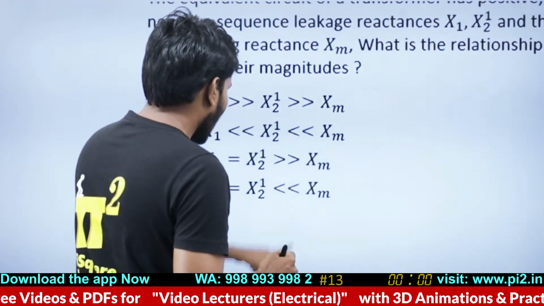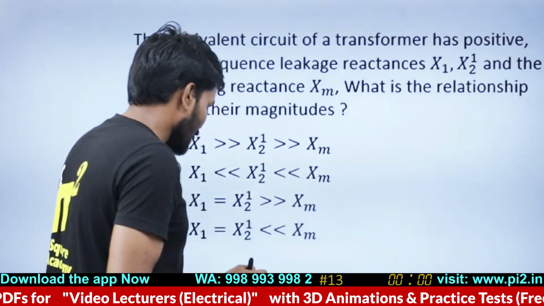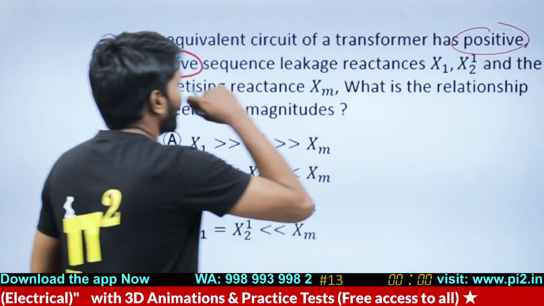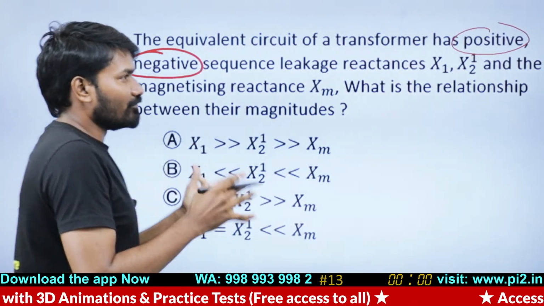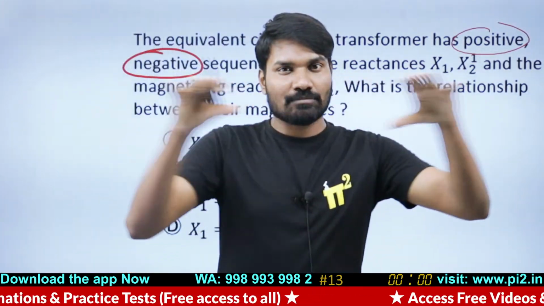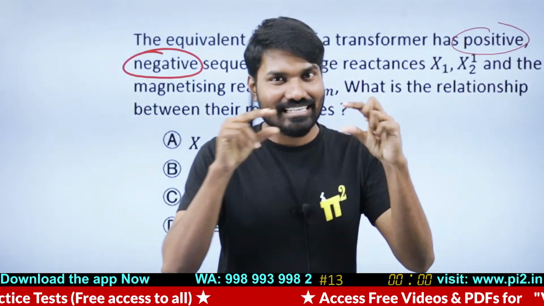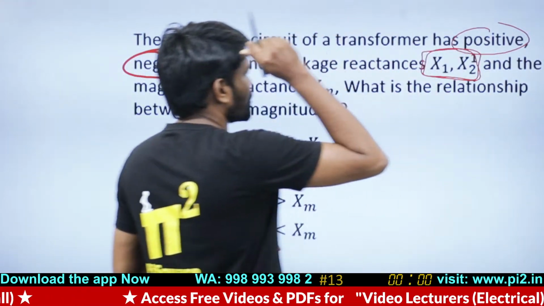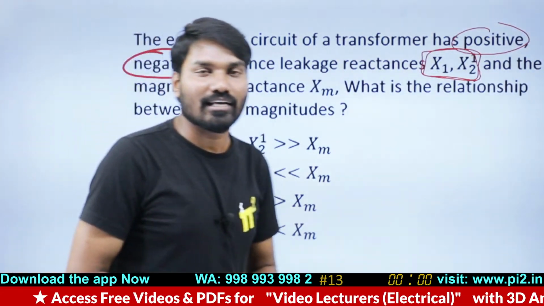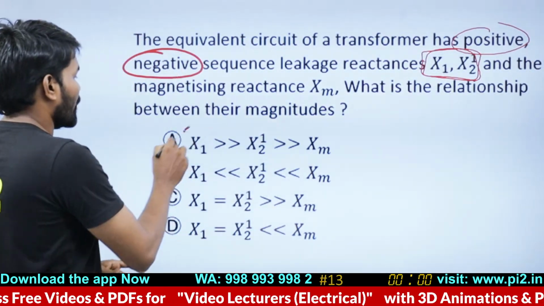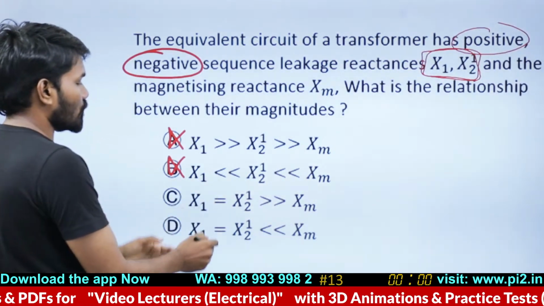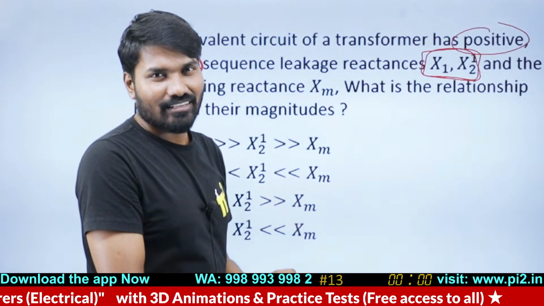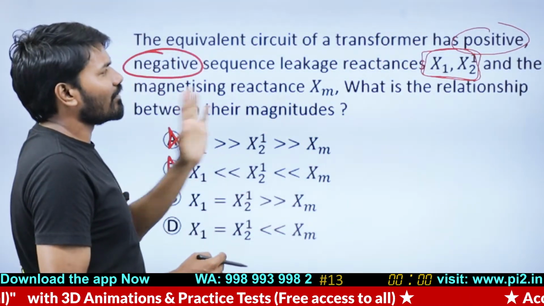It is first of all a transformer. In case of a transformer, negative sequence, positive sequence. If there is some stationary device, be it a transmission line or a transformer, positive and negative sequence reactances will be equal. It is true even for a transmission line. So this is wrong, and one of these two is right. Now, clearly, which one among these two is right?